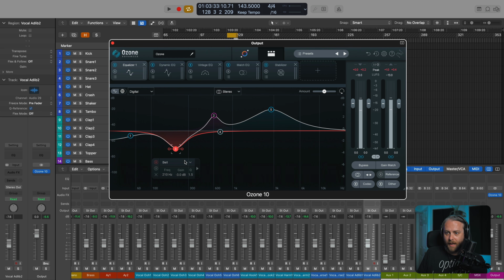If I hold shift and do that, we're going to go up and down in larger increments. Same thing with left and right. Okay. I can also hold command or control on a PC and do those same moves, and we have much finer increments now as we move up and down. You can see in the gain there in the heads-up display, 2.7, 2.5, 2.4, 2.3, same thing left to right. So we can get really detailed and conservative with how much these nodes travel around.